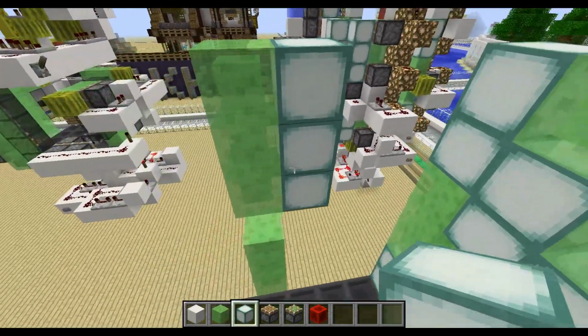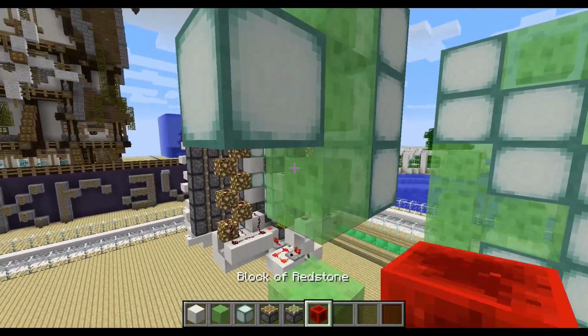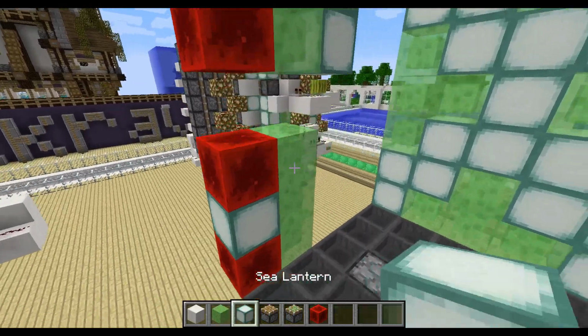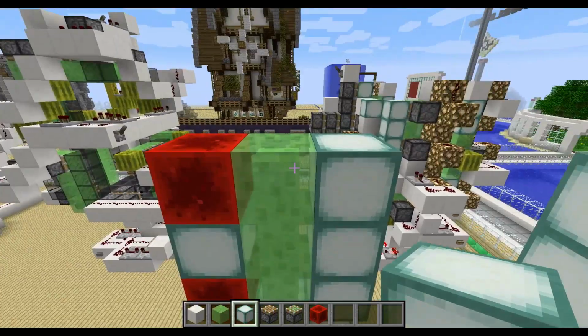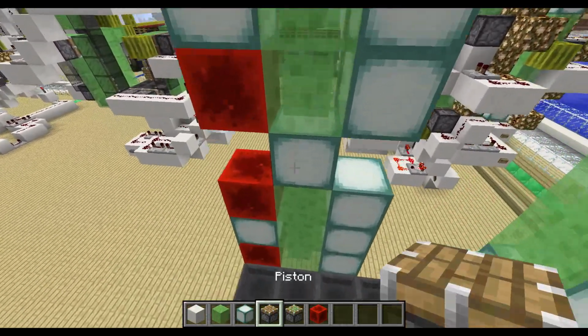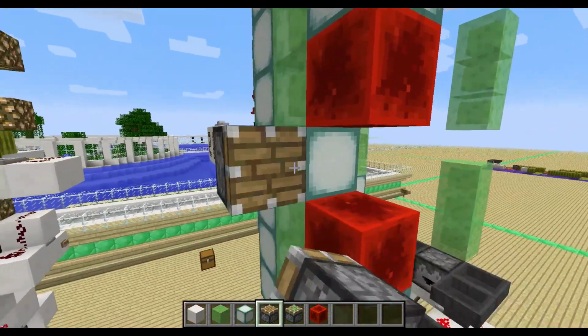We'll start by placing down 3 like this. And then we need the redstone blocks here on this side, so we'll place them like this, and the sea lantern in the middle. Then 3 sea lanterns here and 1 there. And did I place 1 on top? No, I didn't. And then we fill in this space with a piston, and back here, just for decoration, we'll